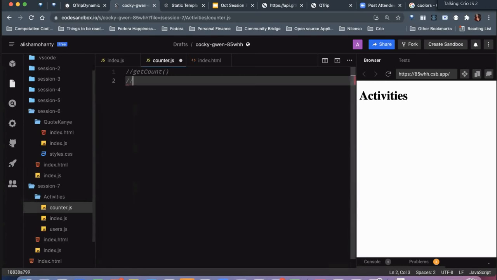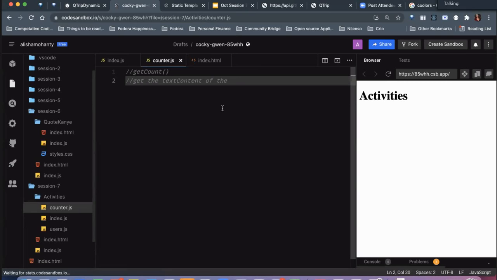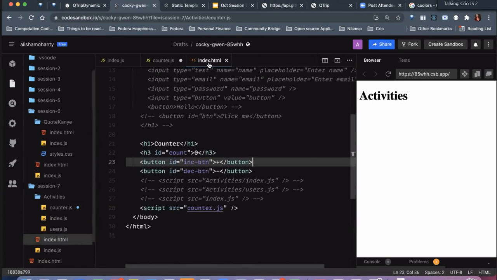What would get count do? It would get the text content of the HTML element, the H2 it was, right? HTML element with ID equals to